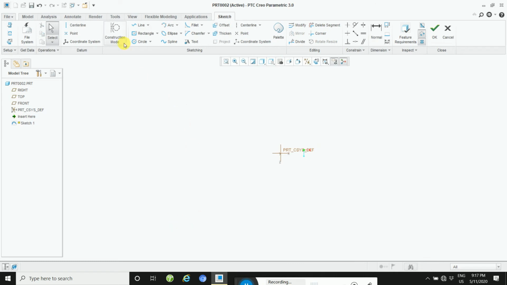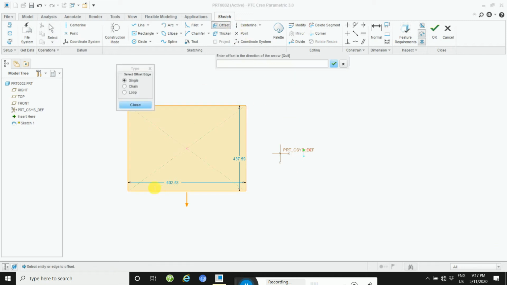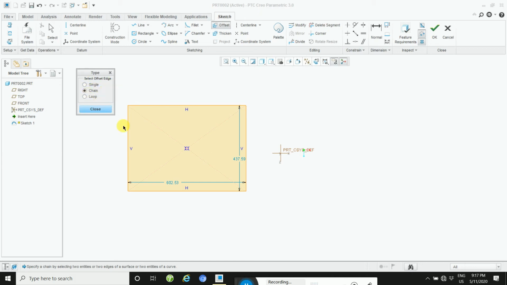Take a rectangle anywhere this way and then apply the offset, and then apply on chain. Close it, then first you will select the chain. In the chain offset, click on chain and select the first entity and the last entity.